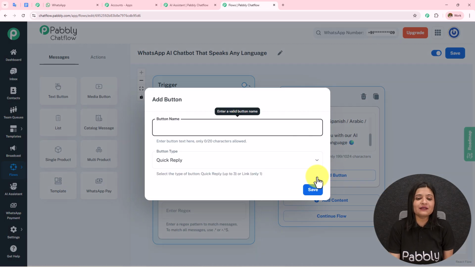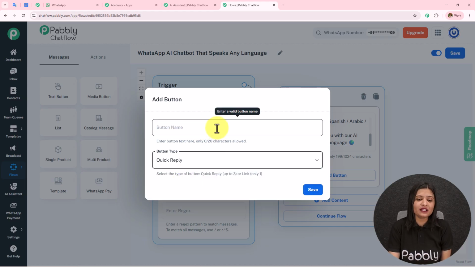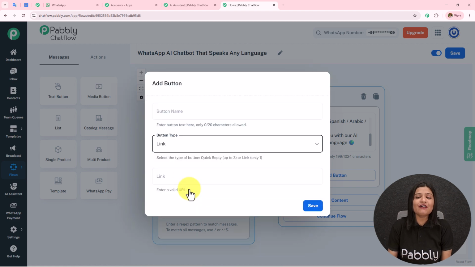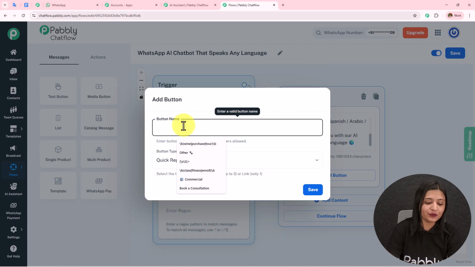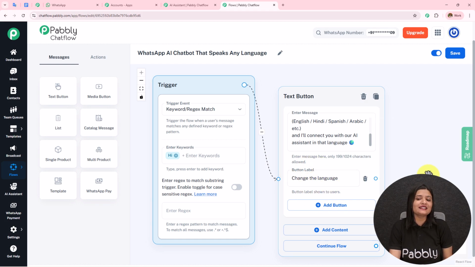As I click on this add button, this box has appeared in front of me where it is asking me to enter the button name, and then I have this button type. If I click on this quick reply, I will be able to provide the name to the button, and if I click on this link, I have to provide the link to that particular button. So here I'm going to select the button type as quick reply, and then I'm going to enter change the language. And then I'm simply going to click on this save, and you see that a button is created under